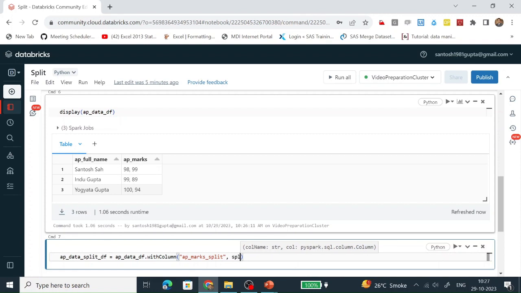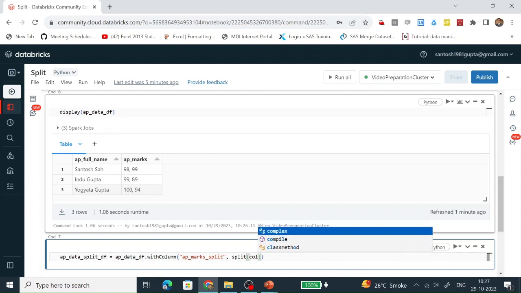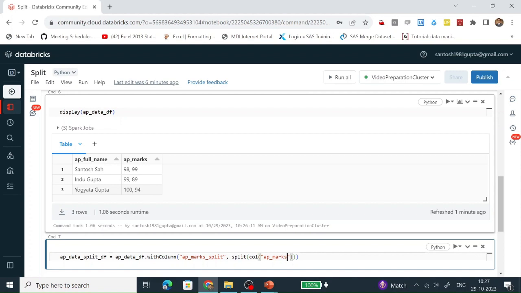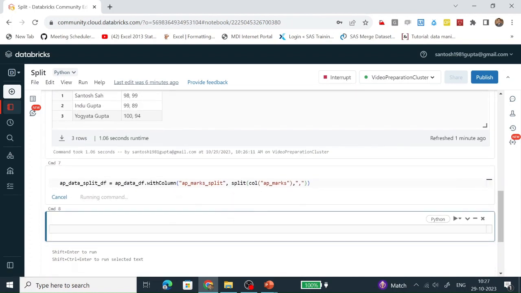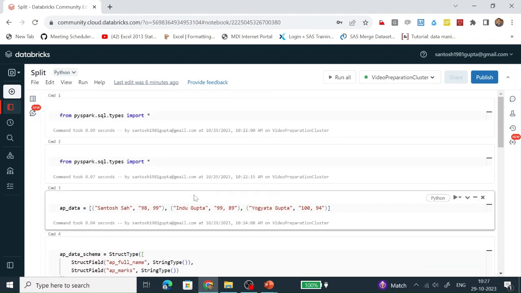We are going to use the split function, and in the split function we are splitting the column AP marks with the help of the comma delimiter. Let's run it. Split is not defined.